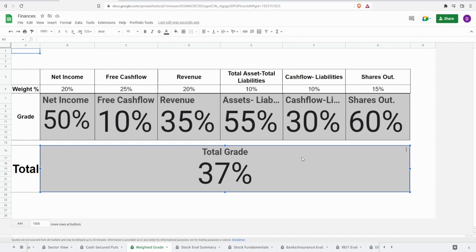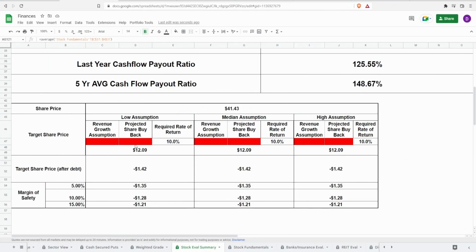37%. Let's actually see if at the current share price we would actually like to buy this company using discounted free cash flow. So let's come over here, let's make 3 assumptions, low, medium, high, using of course 3 different factors: revenue growth, the predicted share buyback, and the required rate of return, which I like to personally keep at 10%. Now, before we even move on with this, guys, you're probably looking at these numbers and you're like, why